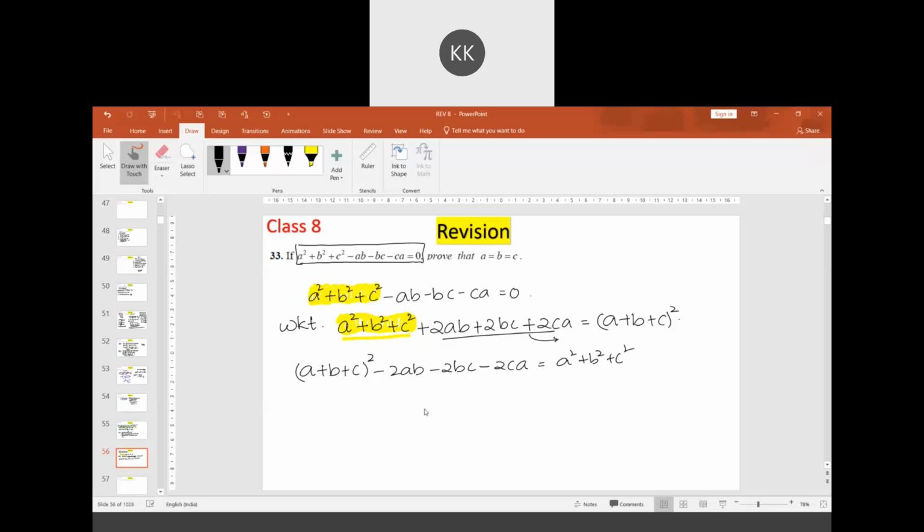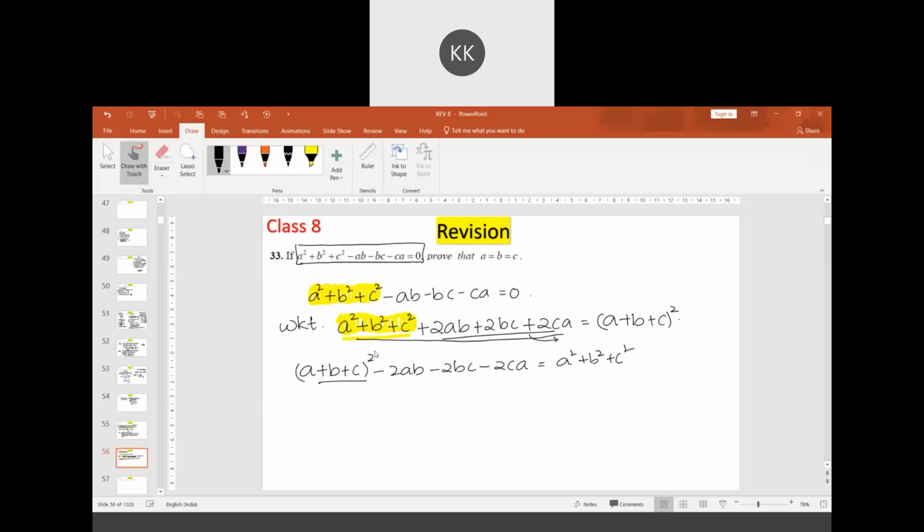What is the use of that? No, sir. Here that will get cancelled, sir. This minus 2ab minus 2bc minus 3ca. Why have you taken they will get cancelled? Sir, because a plus b plus c whole square will expand into that, 2ab, 2bc, 2ca will get cancelled. After expanding only we got this, right? Again you want to expand here?